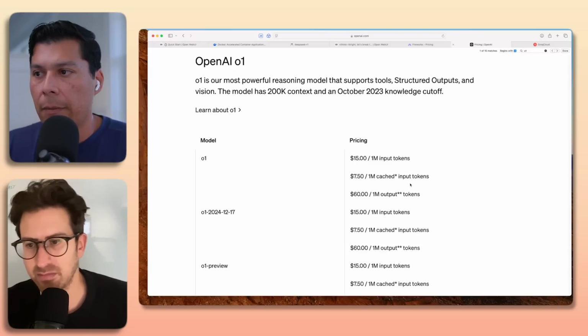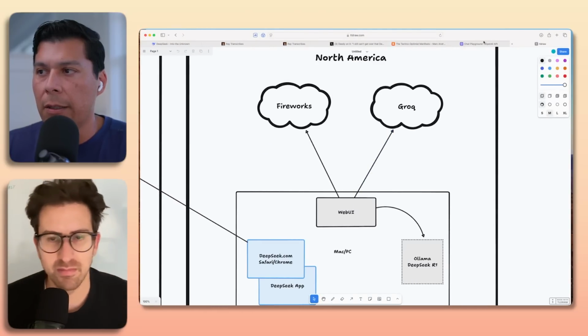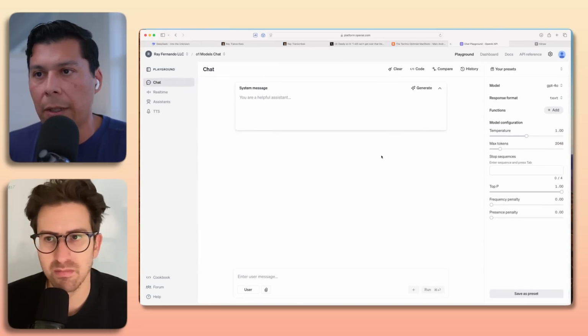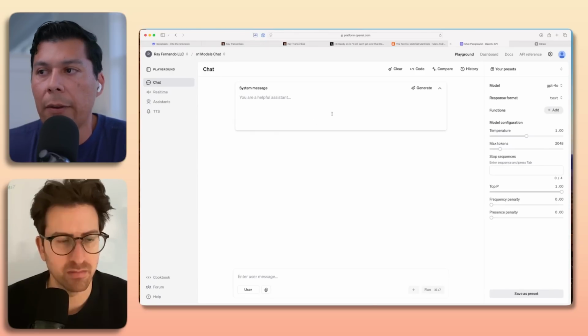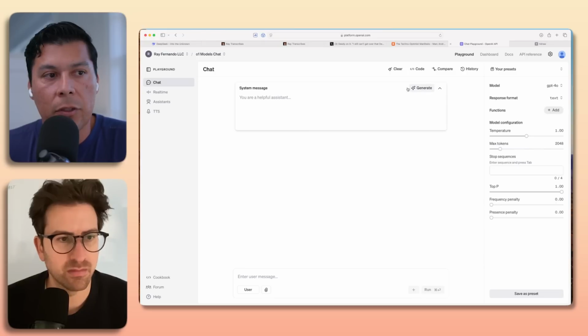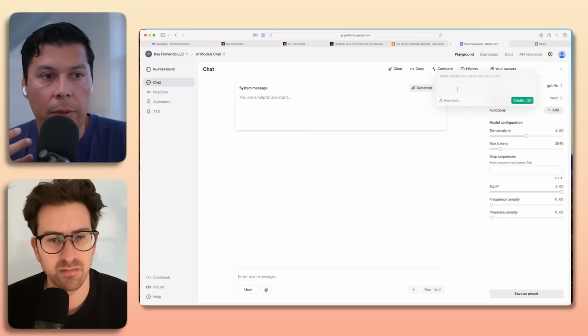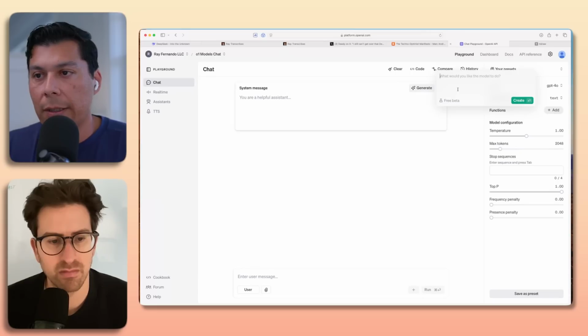And I think to that note, it'd be interesting to show, if anyone hasn't found out about this, it's on OpenAI's platform, platform.openai.com. You just sign up for a developer account. It's a little playground, and what you can do is hit this little generate star button. We can describe a prompt that we want for any type of model, and it will reconfigure the prompt for the language model so that it can be more efficient at doing something. So if there's a task that you do quite a bit,